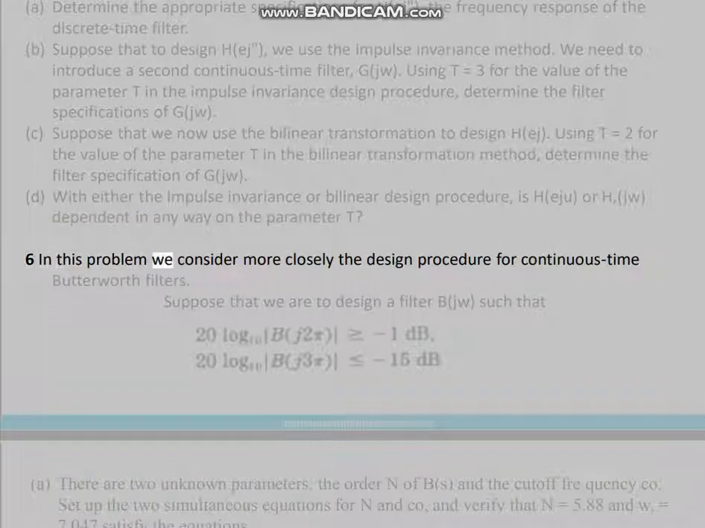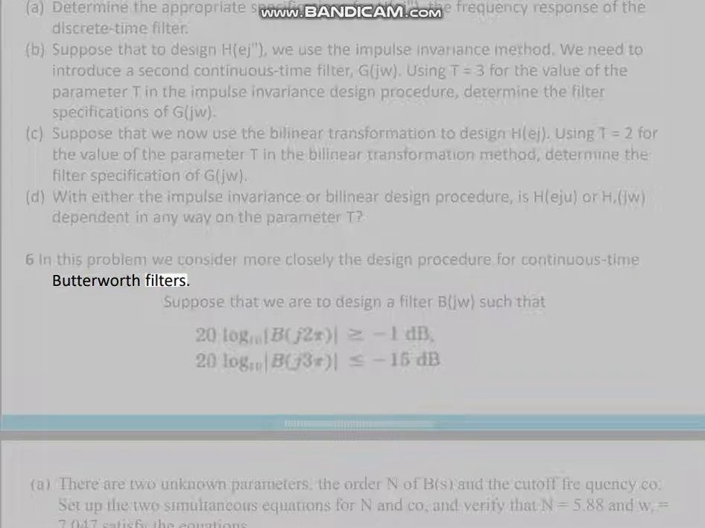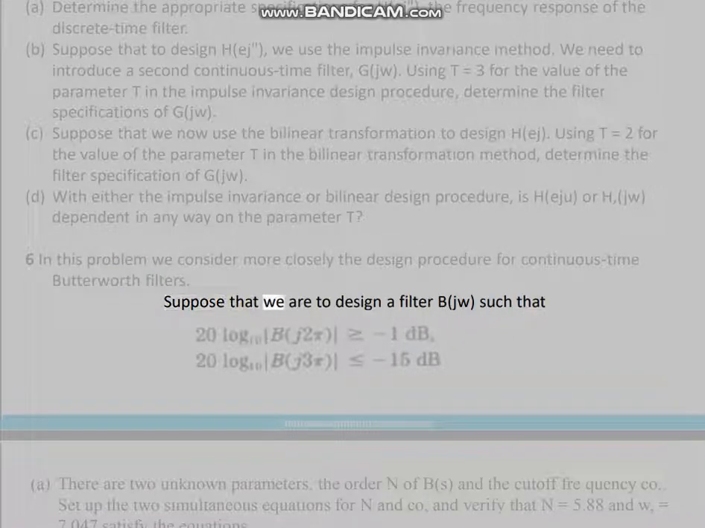6. In this problem we consider more closely the design procedure for continuous-time Butterworth filters. Suppose that we are to design a filter B(jω) such that